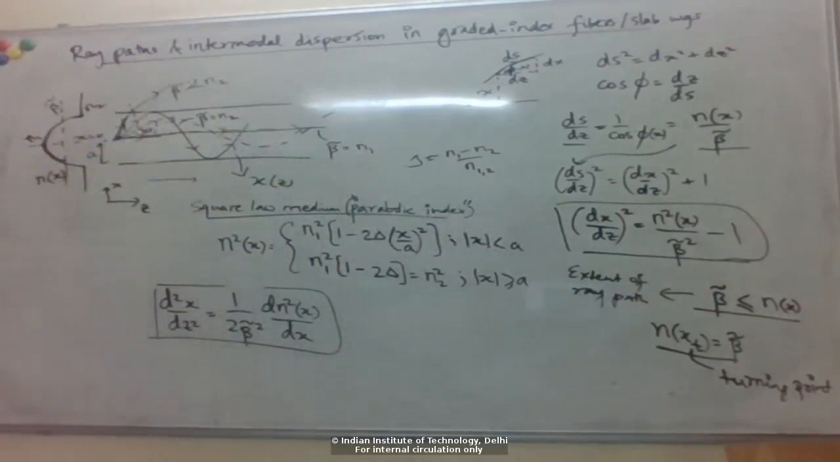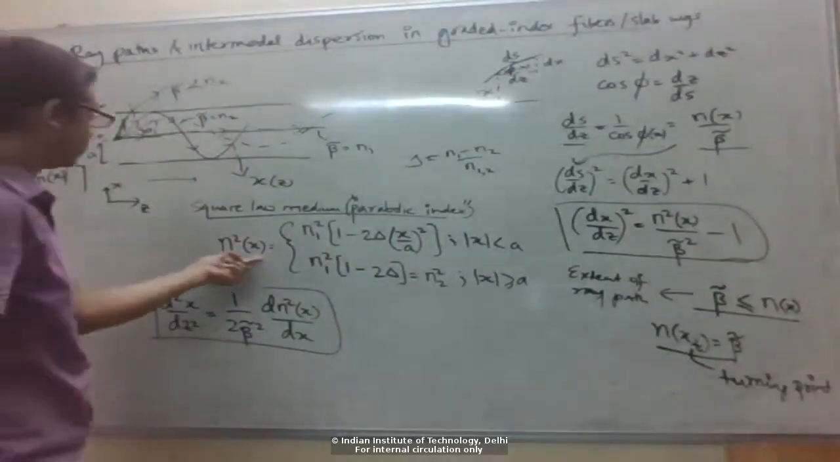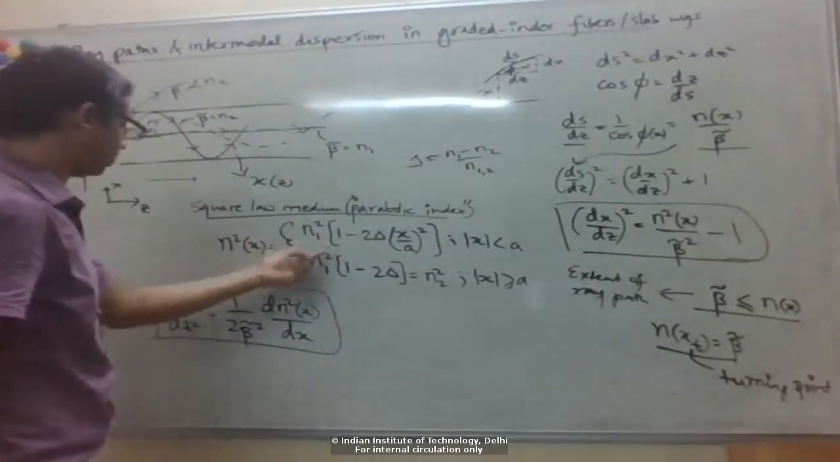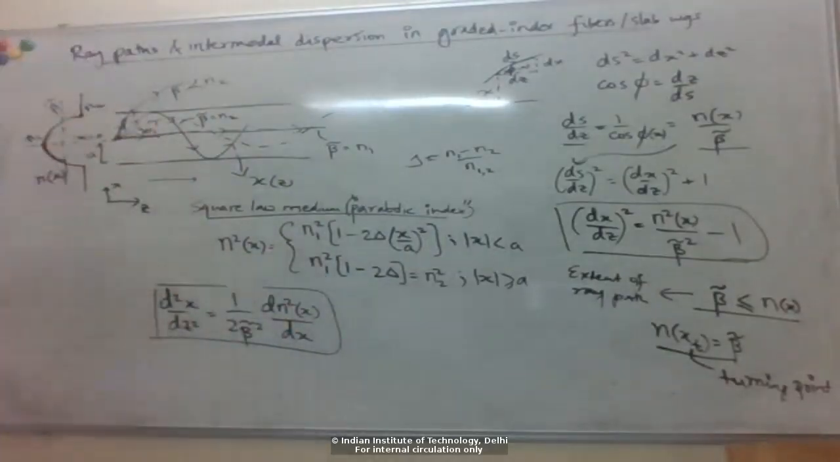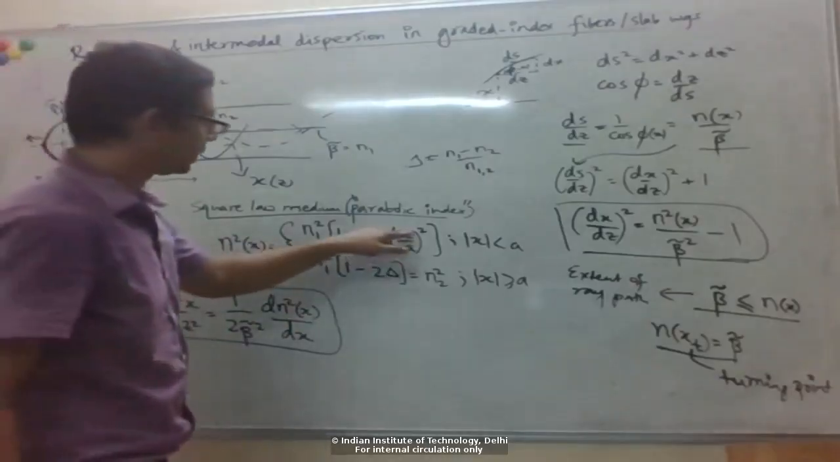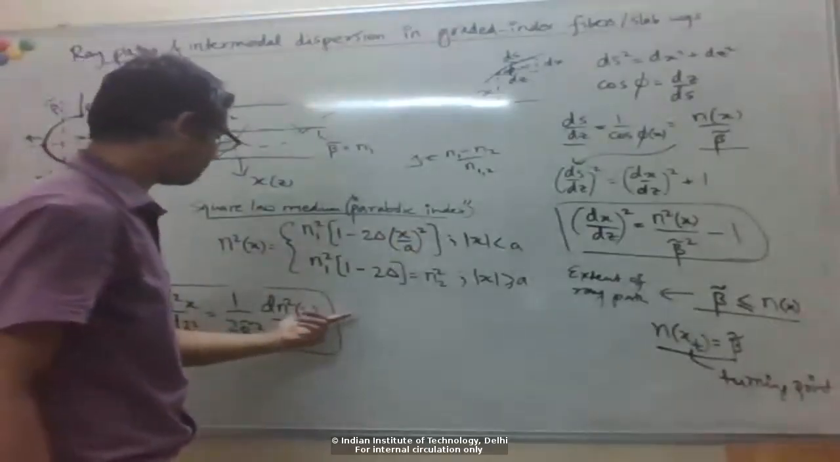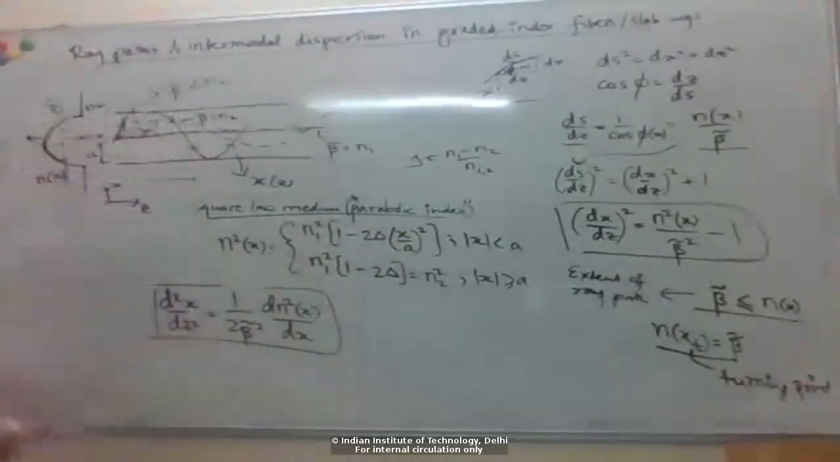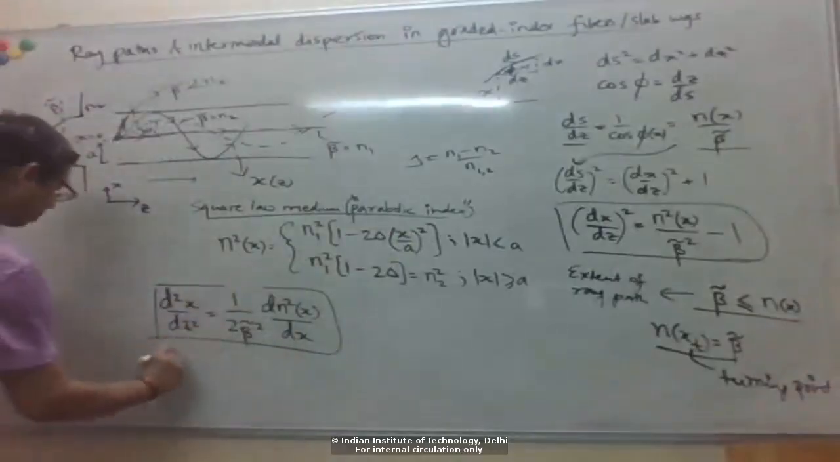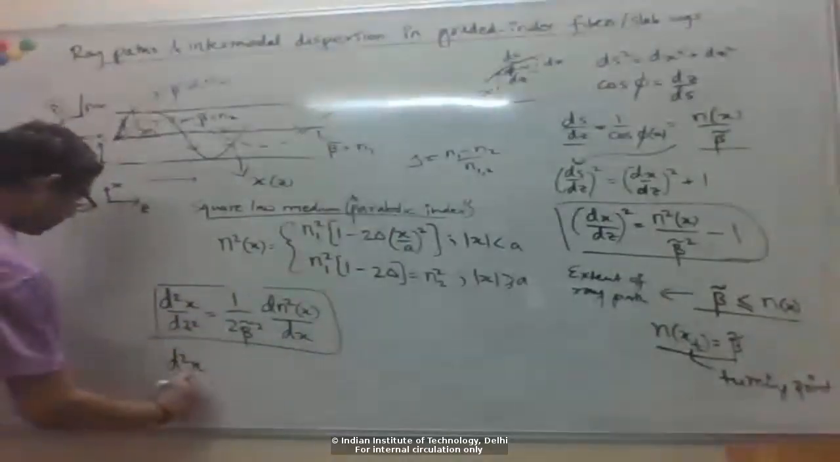Right, so basically, we just need to plug in this expression for n square of x into here, right? So you can see that n square of x has an x square, which means when we take the derivative with x, we'll get a linear function of x. So if you just go ahead and do that, the equation that we get